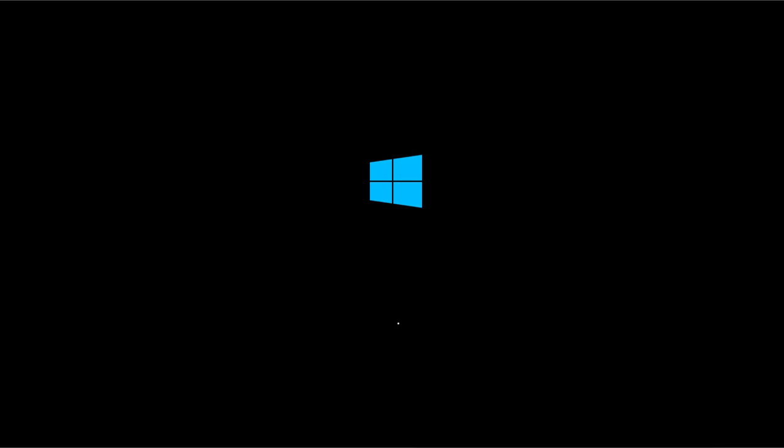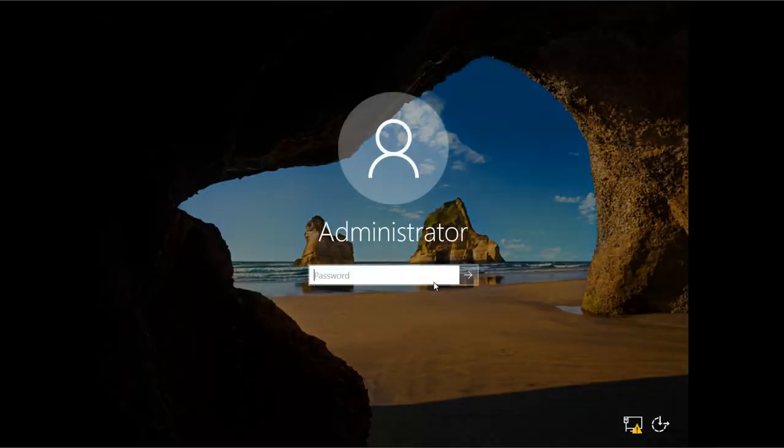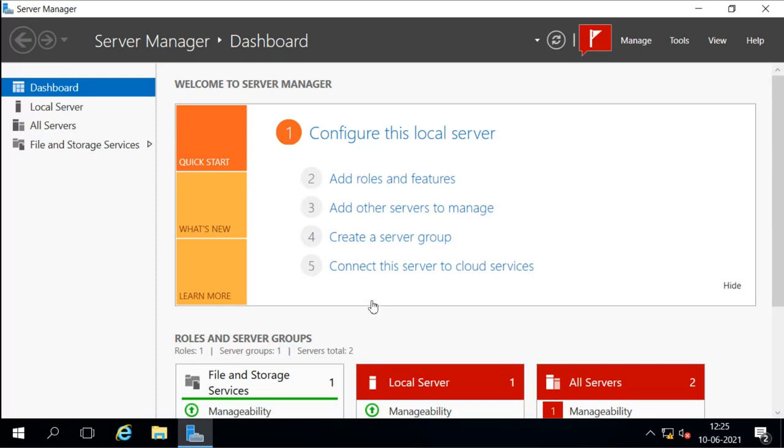We will configure Hyper-V in our server, and then in that Hyper-V we are going to install the Nano server. It is starting. Okay, now this Windows server is running.